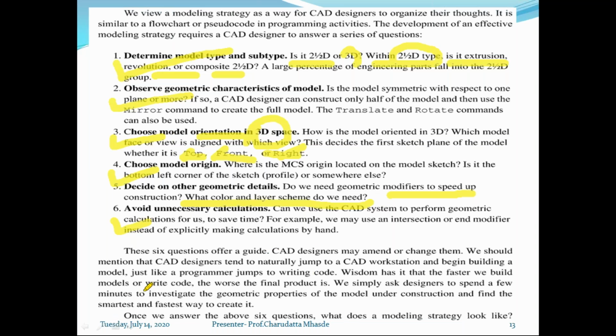So this is again a very important thing. All of you must be aware. Today we are going to see the software we are using. This strategy is very important, and you need to follow it while creating any solid model assigned to you. Maybe we are starting from the sketch, but as we go further with part modeling, you need to choose all these things as a strategy. Okay, so this is the modeling thing.